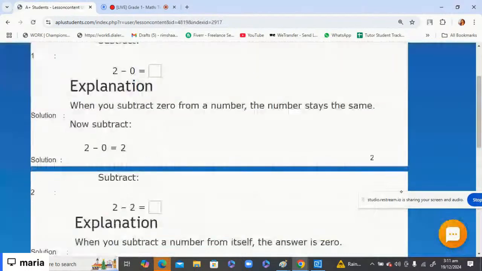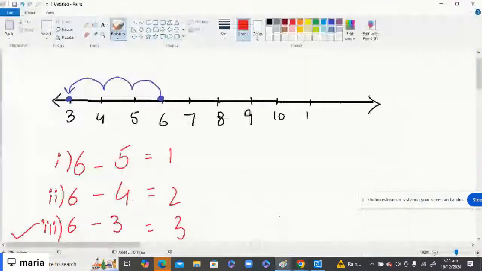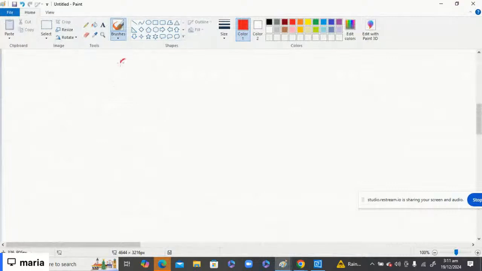Okay, subtract. Now you are going to subtract. This is 2 minus 0. Now you guys tell me what is the answer of this. 2 minus 0 is 2. For example, if there are 2 minus 2, like there are two lines and these two lines you remove, then how many are left? Nothing is left, so it means that this is 0. Okay,